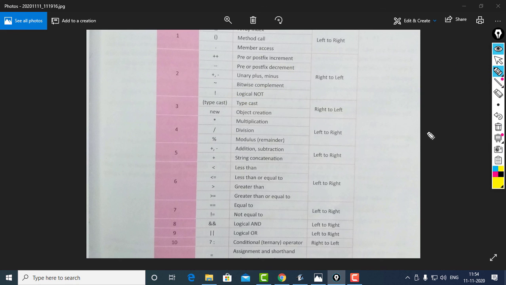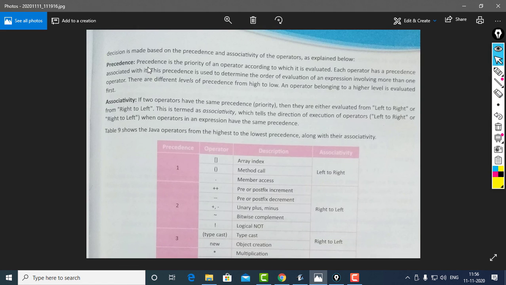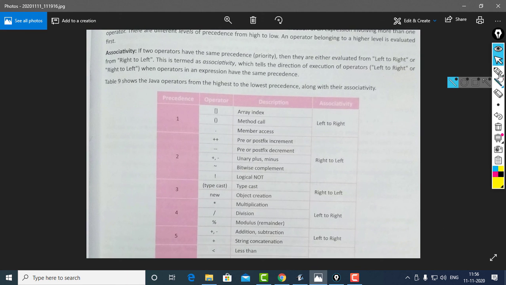So to avoid that confusion, in Java we have assigned a priority to each operator.